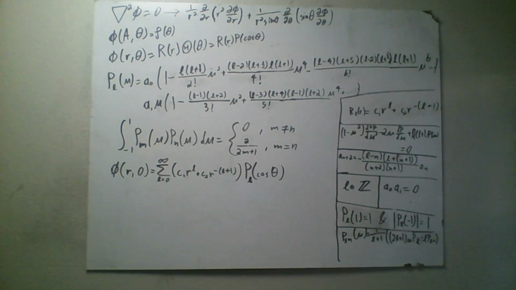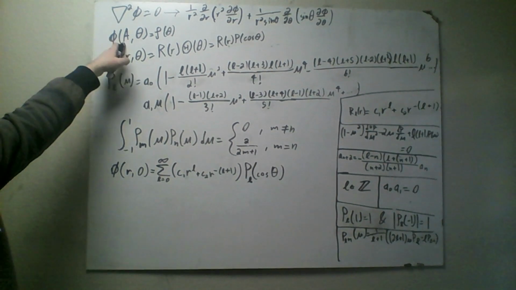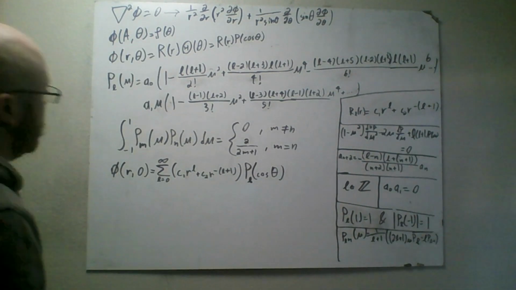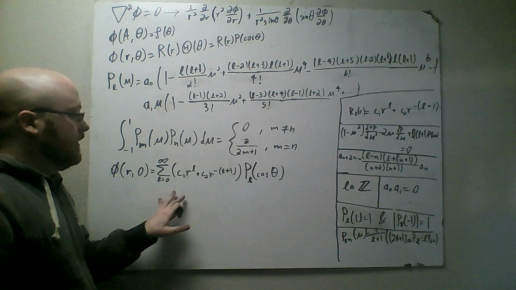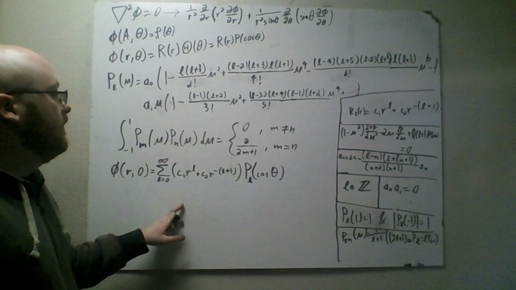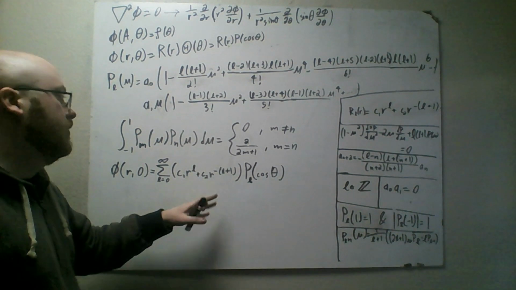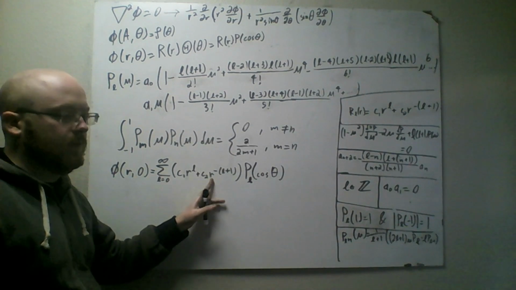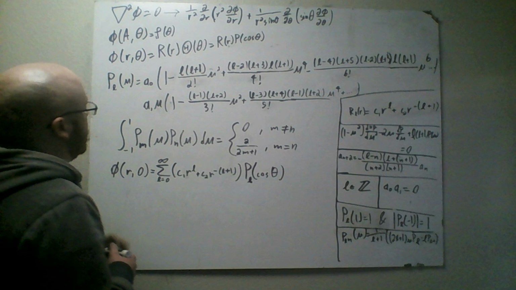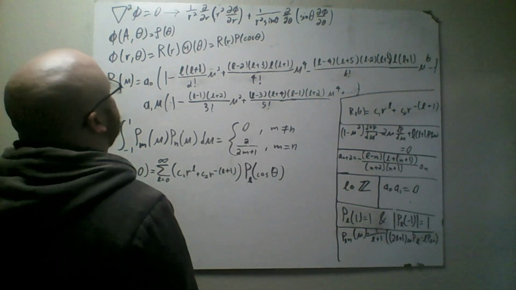Okay, so now let's actually try to do it for the original problem, which is just at some fixed potential, it's some function of theta. Right? So now, inside the sphere, we want our functions to be well behaved. And what that means is we can't have any singularities or anything weird. So we can't have this, right? We can't go to infinity anywhere. So what that means is I'm actually going to